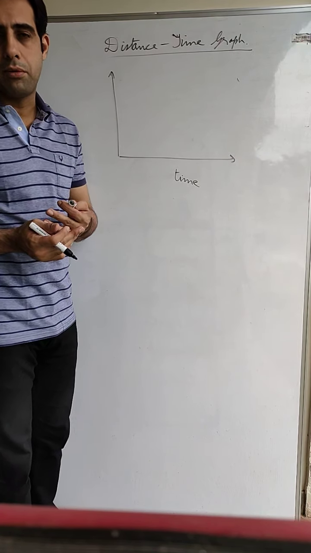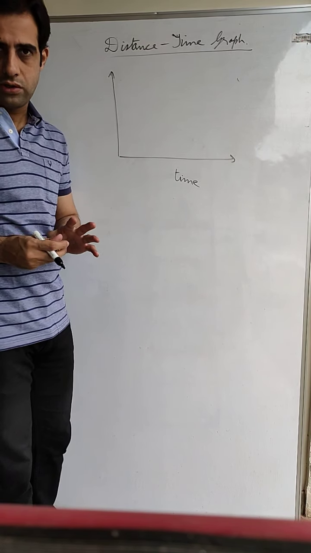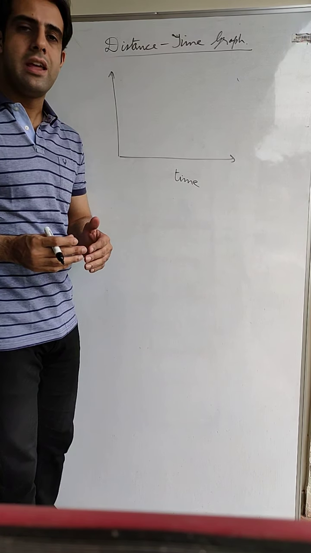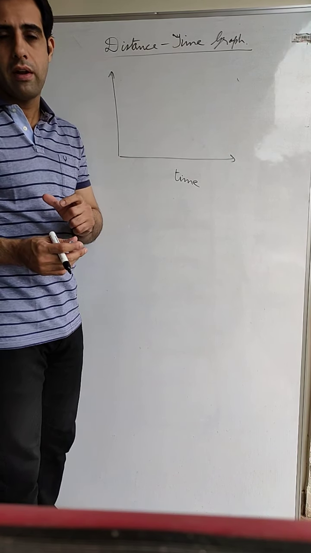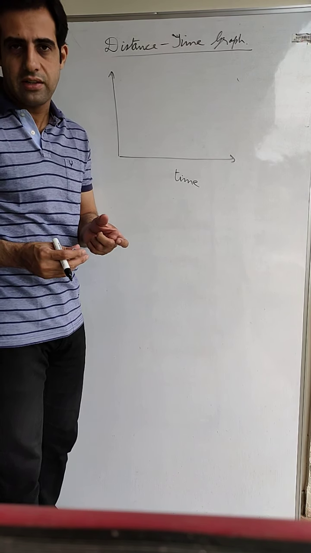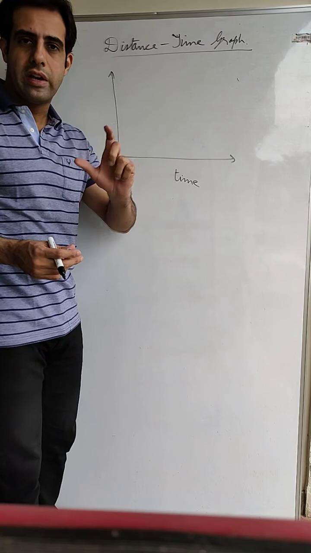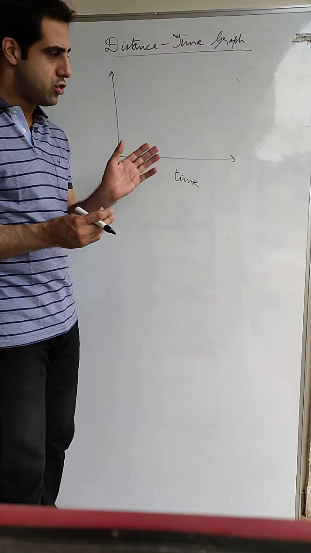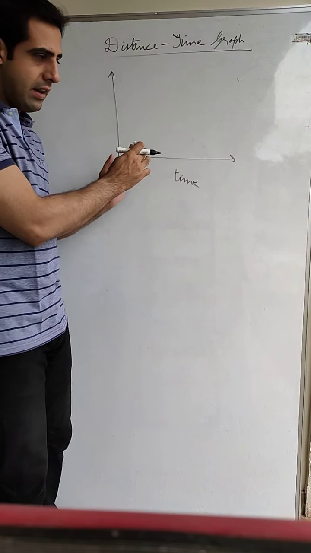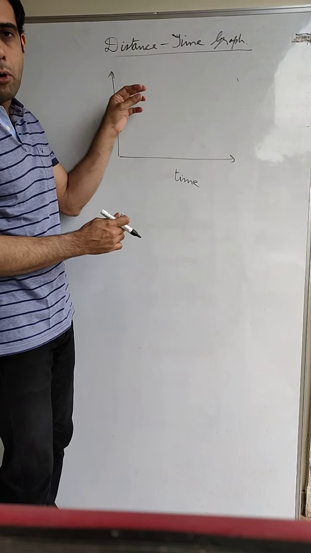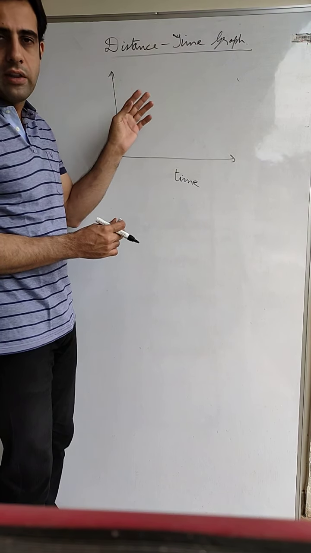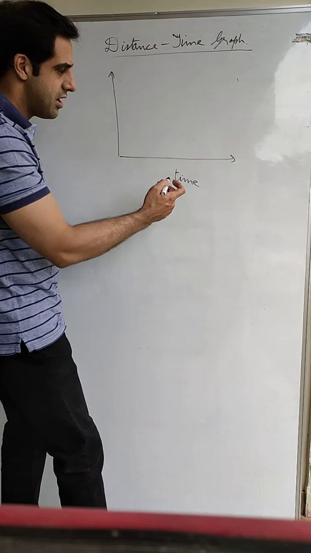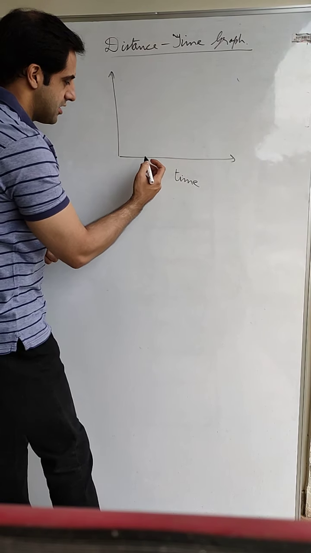Now in the starting of the chapter I told you about uniform and non-uniform motions. What is a uniform motion? When you cover equal distance in equal intervals of time. And non-uniform motion is when we cover unequal distances in equal intervals of time. So in both non-uniform and uniform motion, the time intervals are always equal. So we take the time interval always equal and then according to these we plot the points of the distance, and then we can judge whether the motion was uniform or non-uniform. So since time intervals are always equal, we take it on the x-axis of the graph.